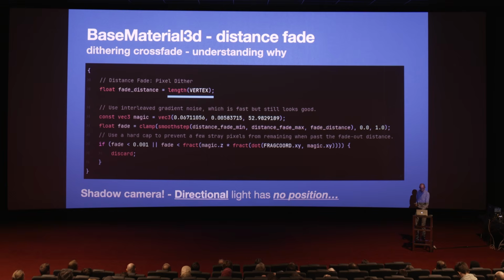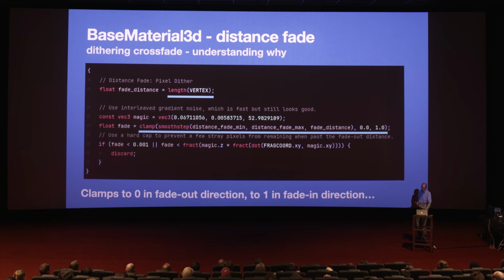What about lights? A directional light doesn't have a position. It'll have a position in the editor, you can drag it around, but as you've probably noticed, it doesn't do anything. Rendering-wise, it's just a directional vector. So when rendering the shadow maps, yeah, it's basically doing the same thing. So how to fix that? Well,